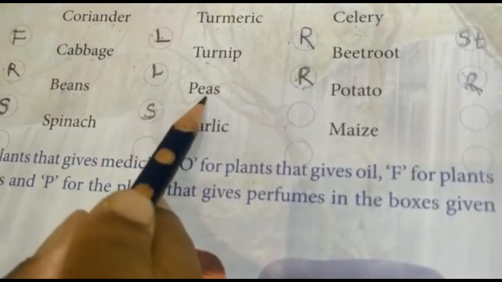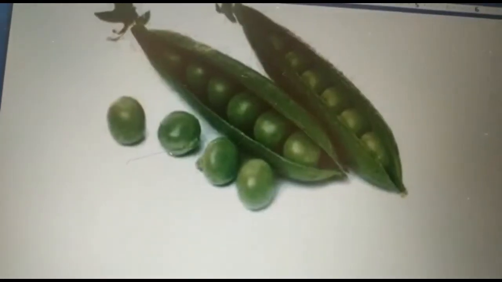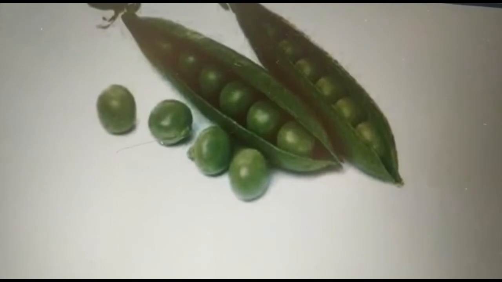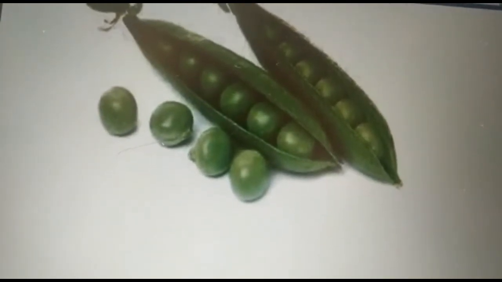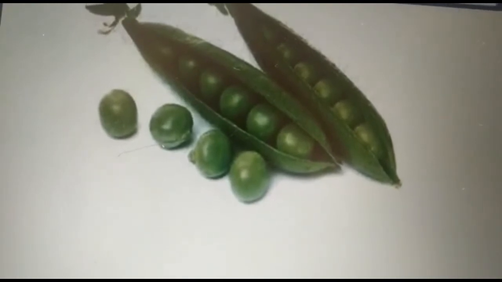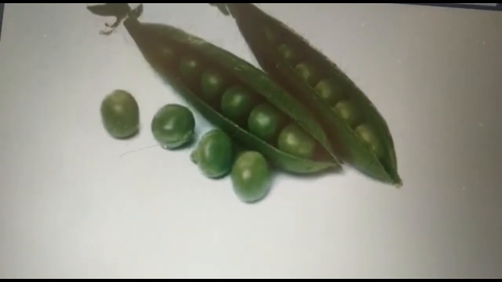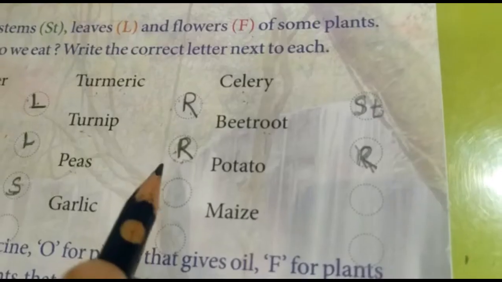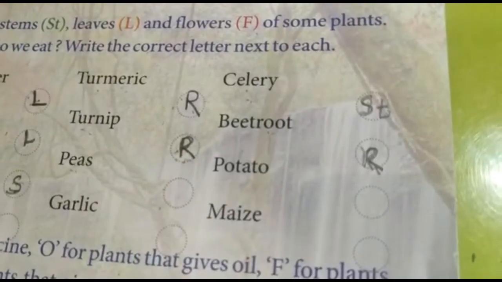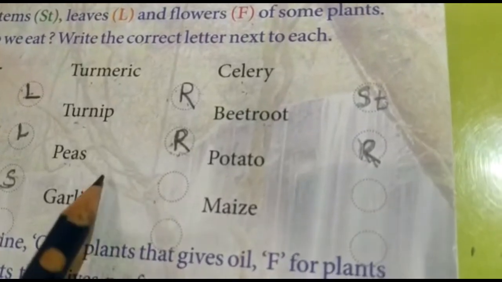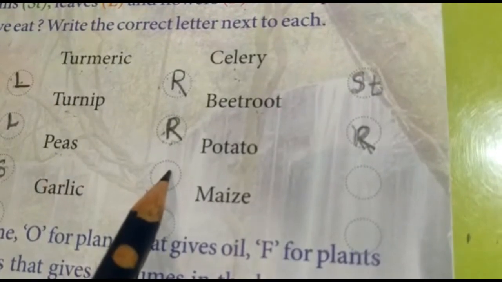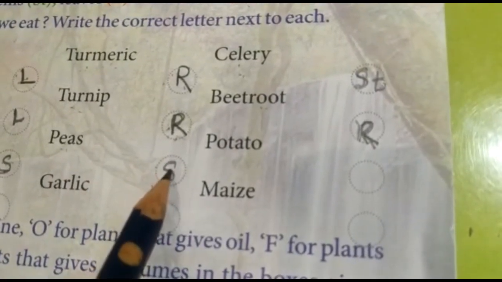Next we go to peas. Now these are what? Peas. We add green peas in vegetables, and sometimes feel like eating them raw also. It is sweet at times, right? So this looks like what? Seed. So after peas, which letter will we write? R. Sorry, R. Leaf. No, we will write S for seed. This looks like seed also. This is the part we eat.